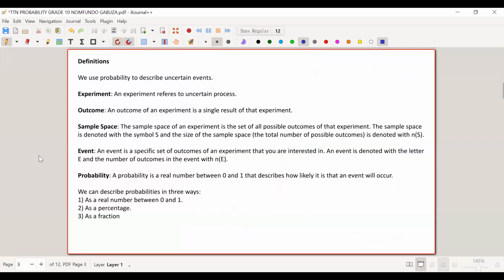So we're going to start off with a few definitions on probability. So an experiment, what do you mean by an experiment in probability? An experiment refers to an uncertain process and the outcome. The outcome of an experiment is a single result. For example, let's say